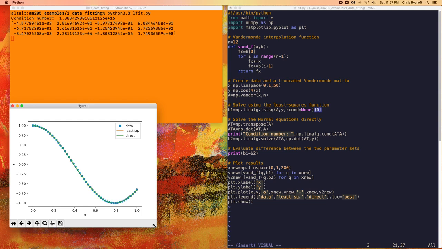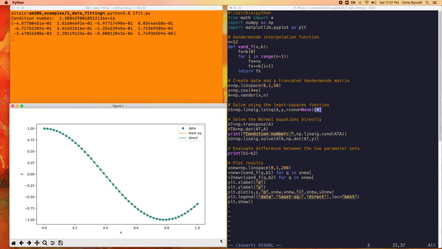And so we see here that both routines, the lstsq function and the normal equation direct solve, fit the data points extremely accurately, and the two curves are so accurate that they just lie right on top of one another, and we can't really see any difference. But we can actually see, if we look at the output of the program, that the